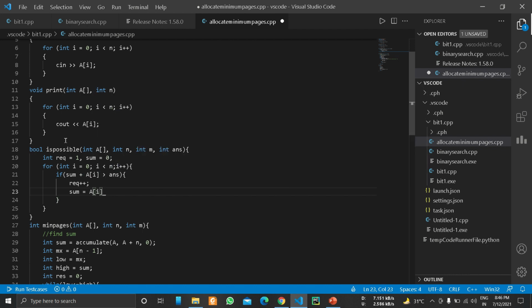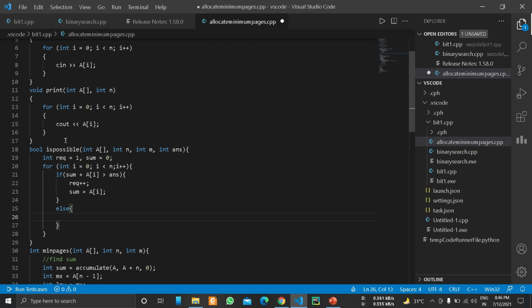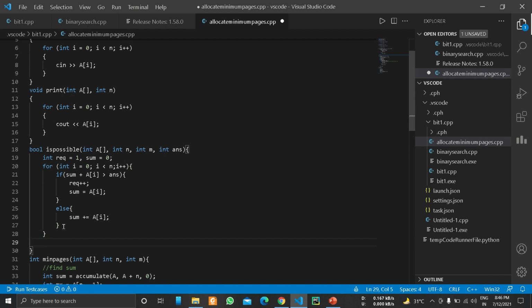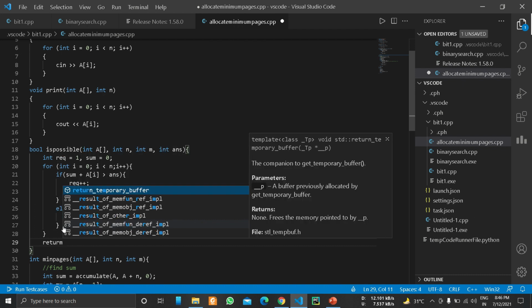If the condition fails, then we will simply add the page to the sum and continue adding, and in the last, if the number of requirements is less than or equal to the number of students, then we will return true, otherwise false.